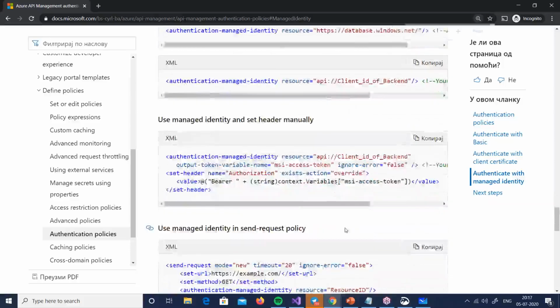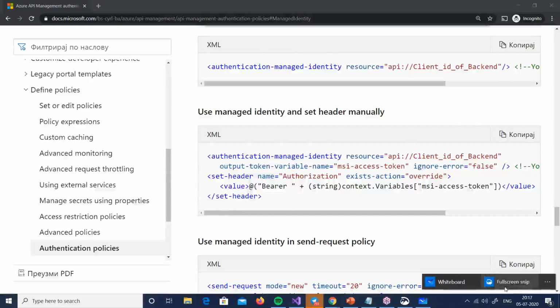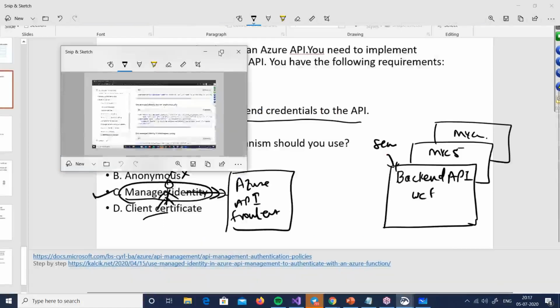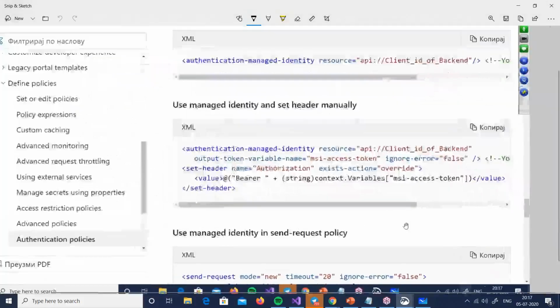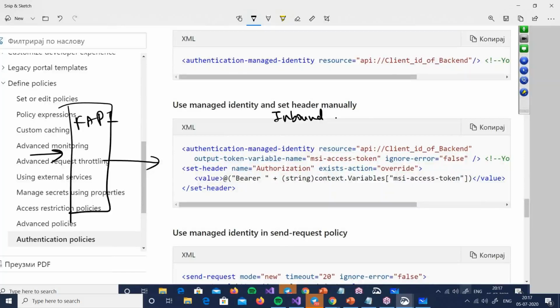And if you look out here, this is how the incoming code will be. I'll demonstrate this code, but here it is. Remember, the docs are awesome out there. It's just a matter of going and practicing it. So this is the incoming process. Here is your front-end API. Somebody sends a request to the front-end API, and this is your inbound policy. You will write in the inbound policy,